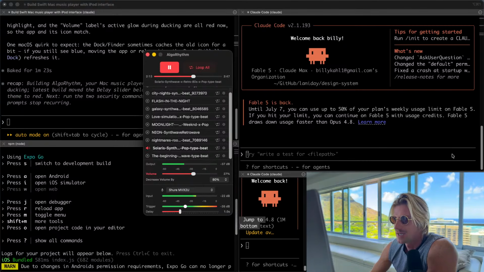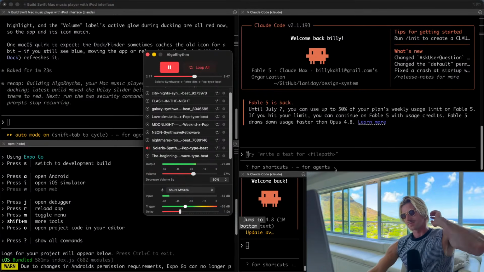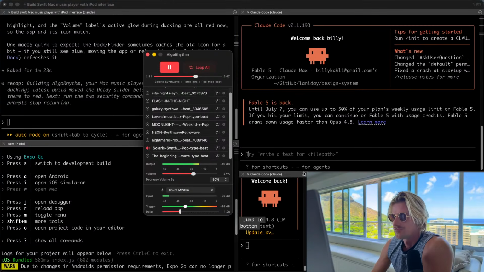Add a mic icon and then have it switch colors. Yeah, the mic icon next to